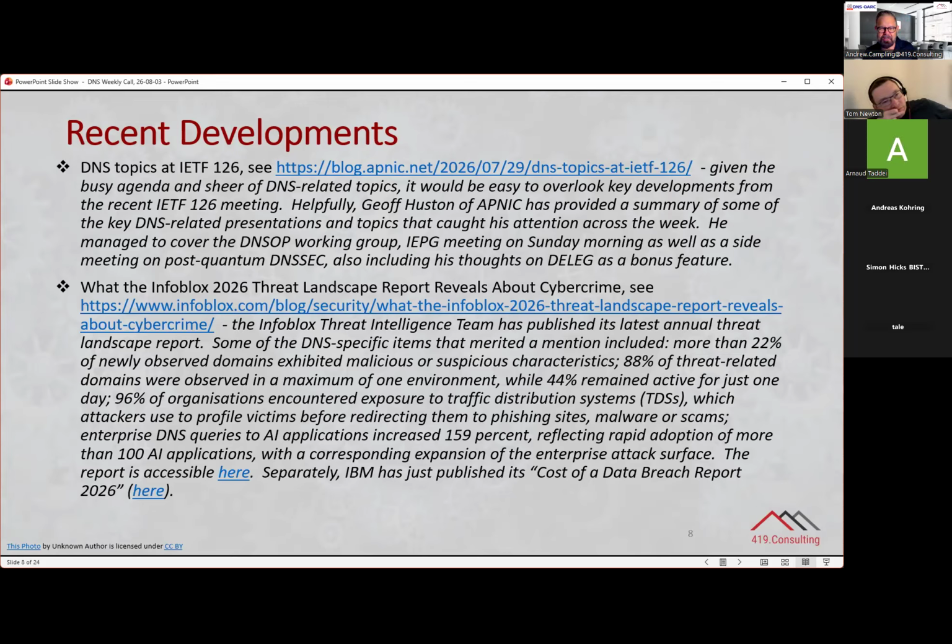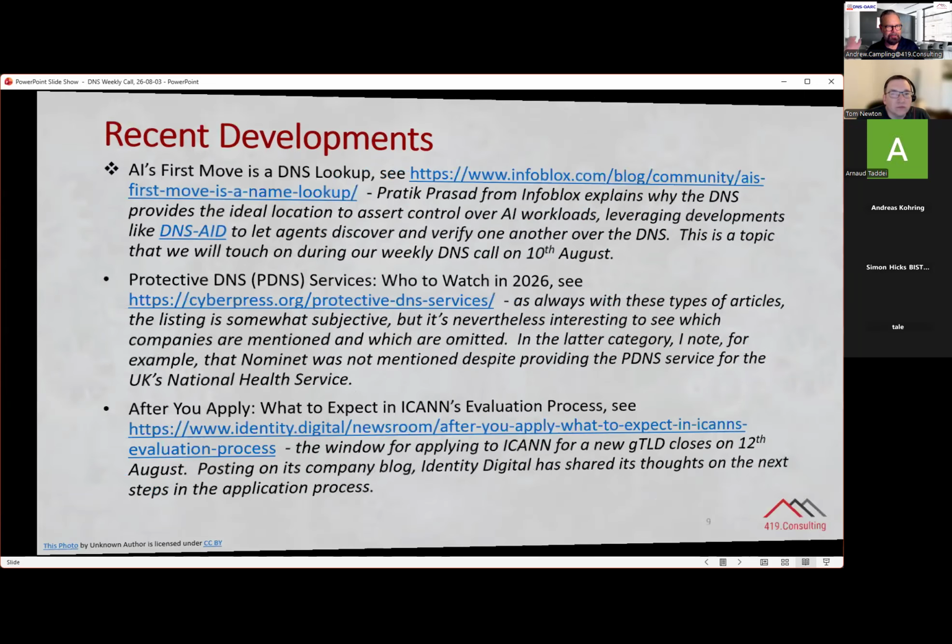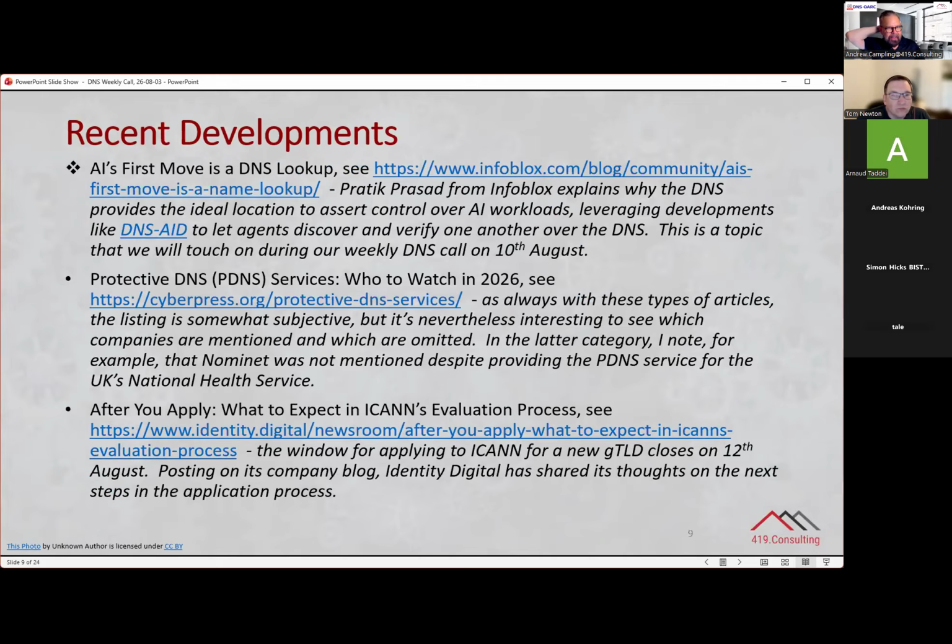So the same order of magnitude, and a whole bunch of other fascinating stats. Well worth a read, both the article and also the report itself. And coincidentally, IBM just published its cost of a data breach report for 2026, which in my head at least sits quite well with the Infoblox threat landscape. So you might want to look at both of those.